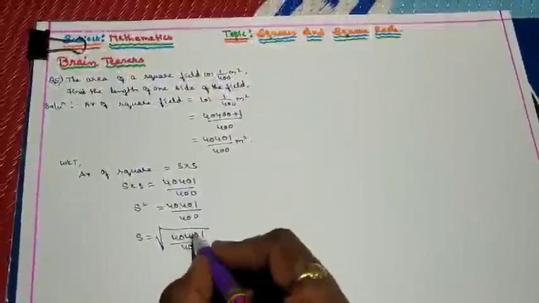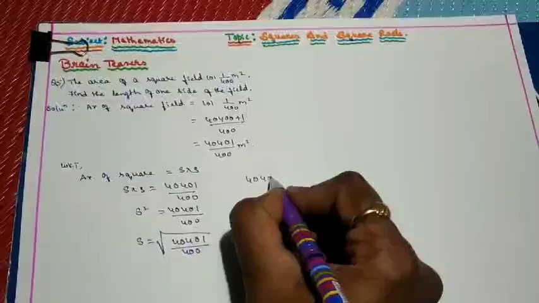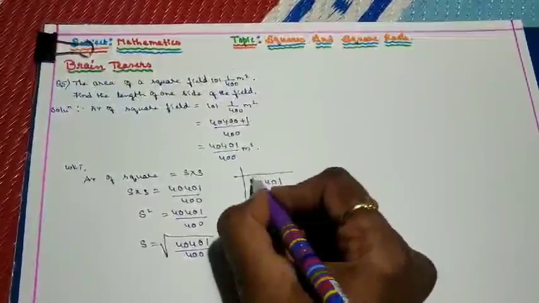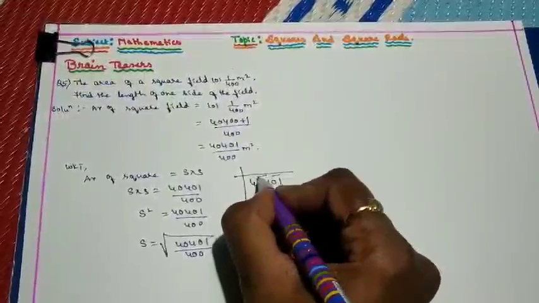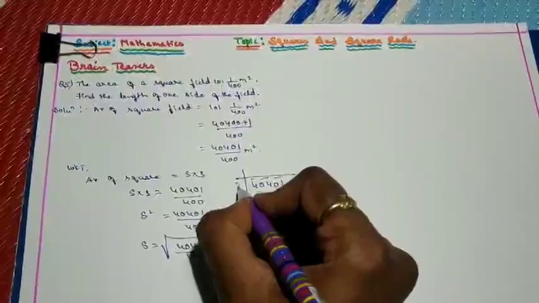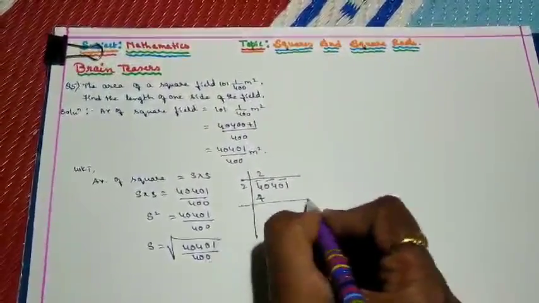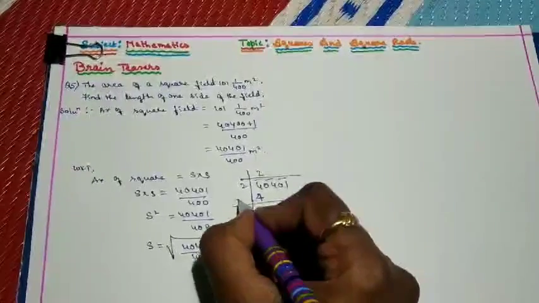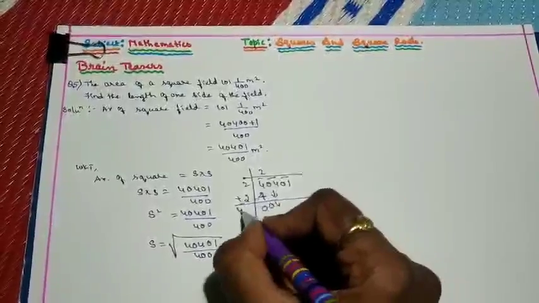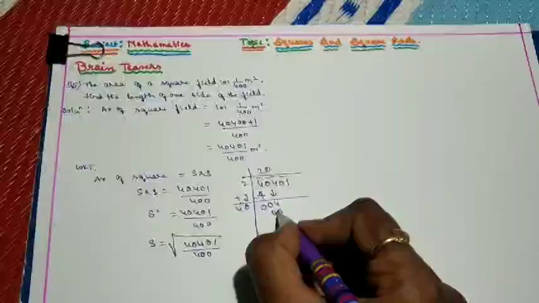Then you need to find the perfect square of 40,401, which is a whole number. Then make the periods from right to left. The first period we have is a one digit number 4, which is the perfect square of 2. So 2 2s are 4 and the remainder is 0. And here add up the divisor 4. Then bring the next period 04, which is smaller than the tens place. So 40 zeros is 0.